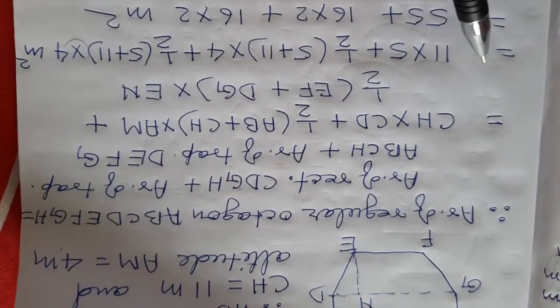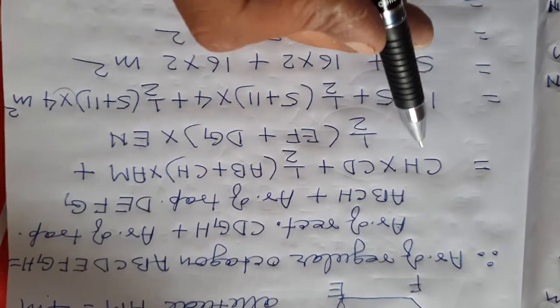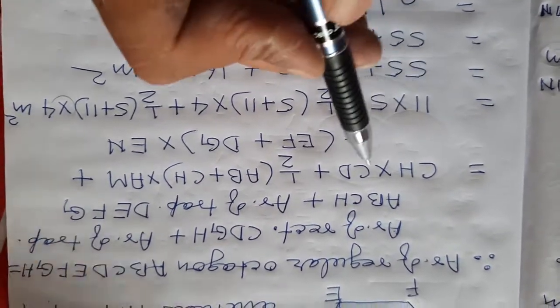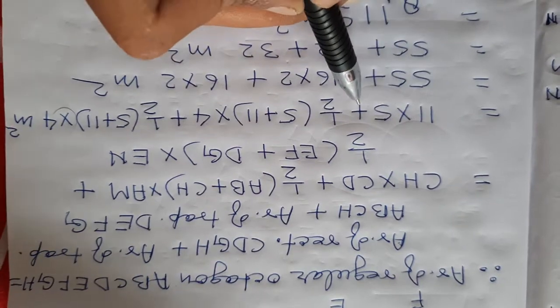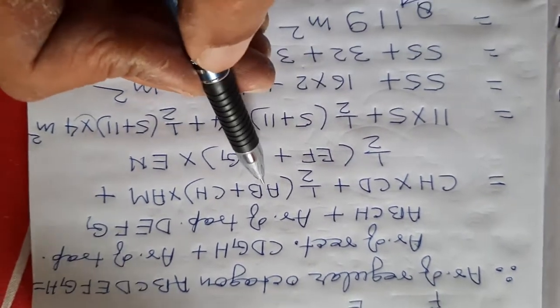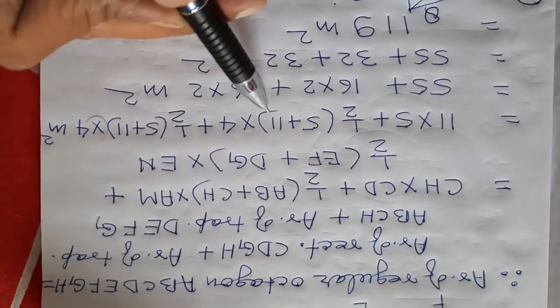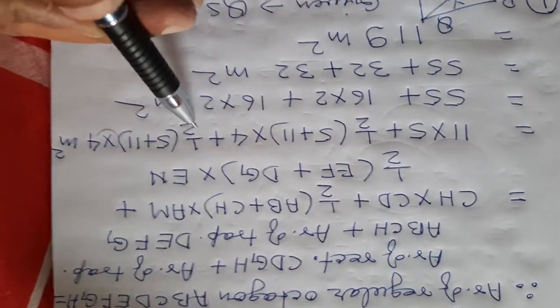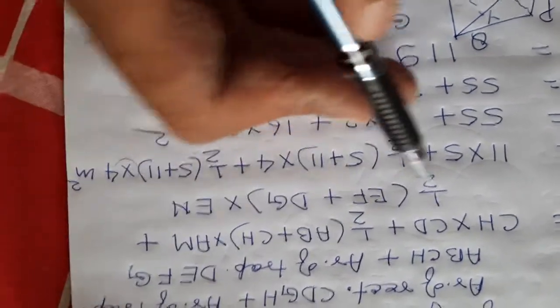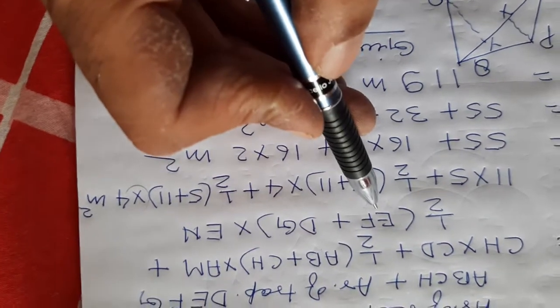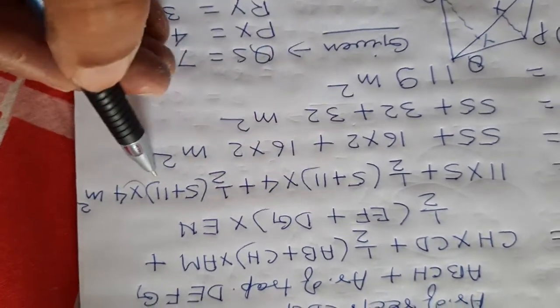Putting values, we get CH 11 into CD 5, 11 into 5, plus 1 by 2 into (AB 5 plus CH 11) into AM 4, plus similarly 1 by 2 into (EF 5 plus DG 11)